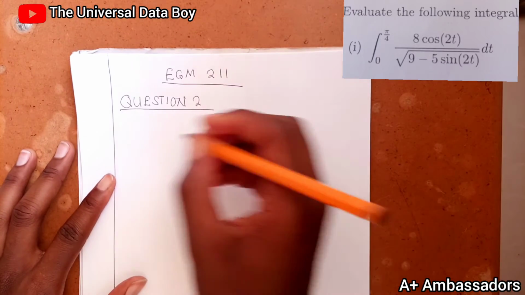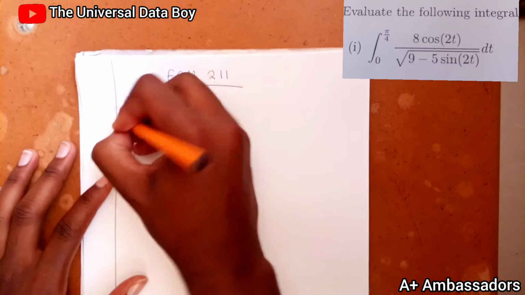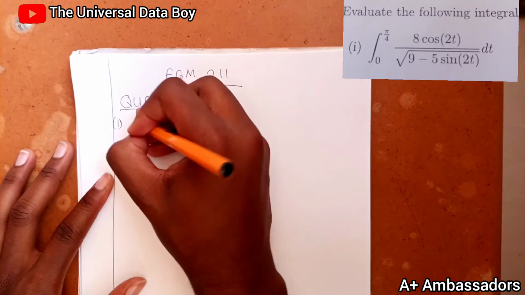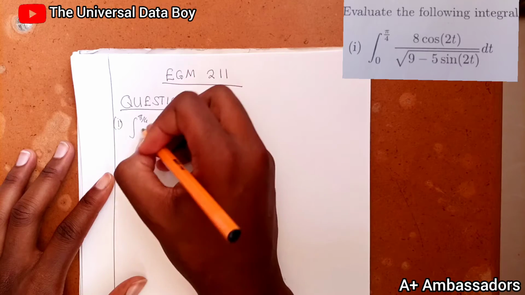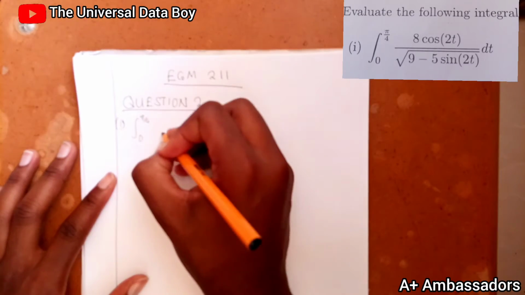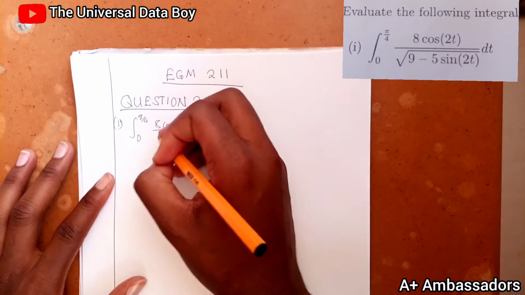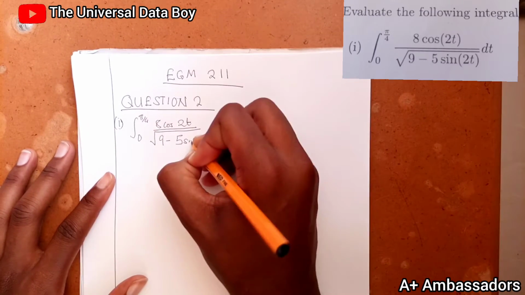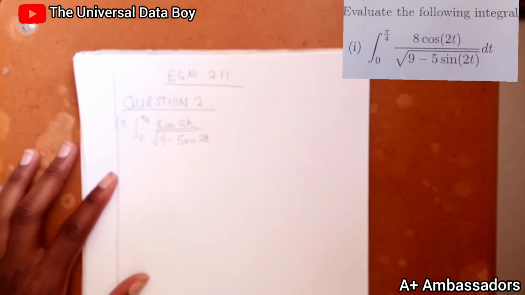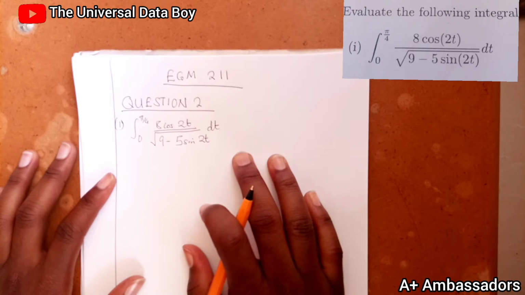So now in this video, we're going to be revealing the solutions for EGM 211. So the question was the integral to the limits pi over 4 and 0 of 8 cosine 2t over the square root of 9 minus 5 sine 2t dt. So now there are many ways that we can use to evaluate this integral, but the best would be